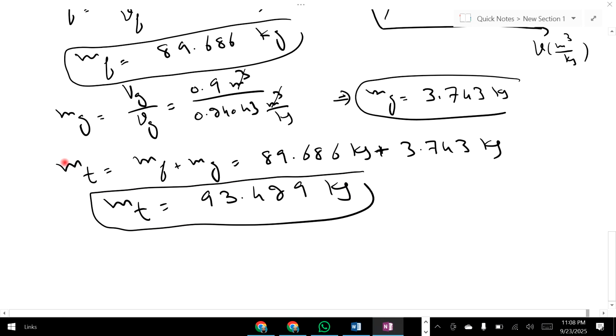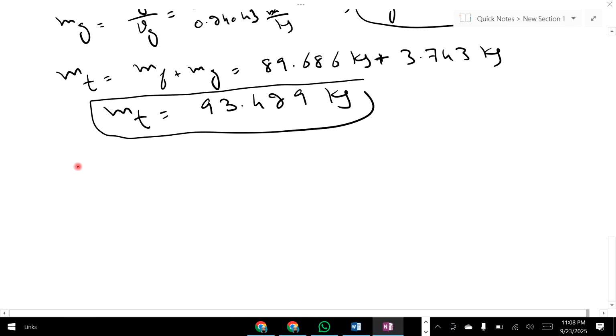Now in part C we have to find V2. First we will check whether V2 is in the wet region or in the superheated region. So as we know that at T1 is equal to 170.43 degrees,